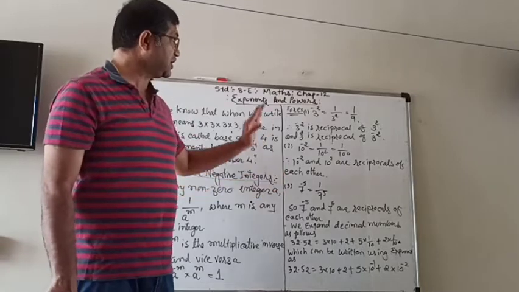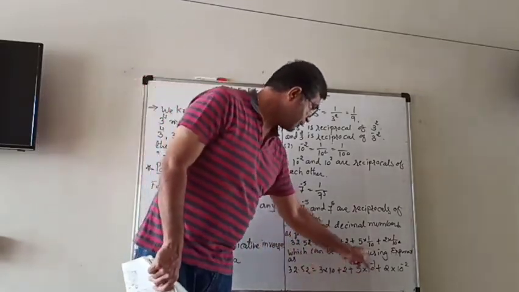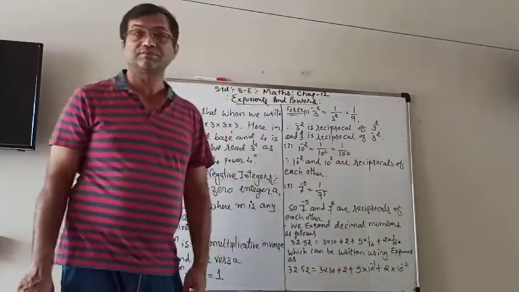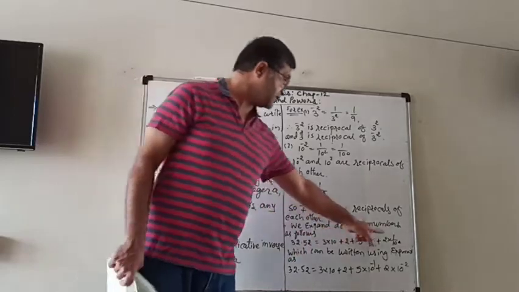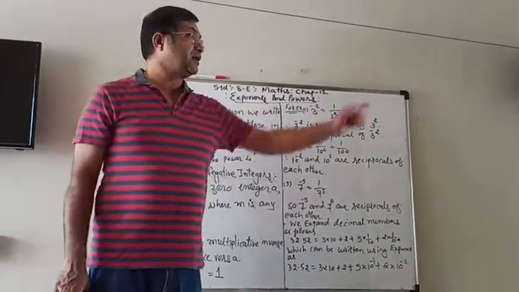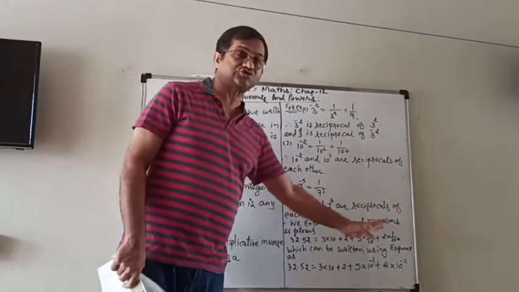So now we can use the negative power also like that. So here in place of 1 upon 10 we can write down 10 raised to minus 1. And also here it is 1 upon 10 square. So you can write them as 2 into 10 raised to minus 2.